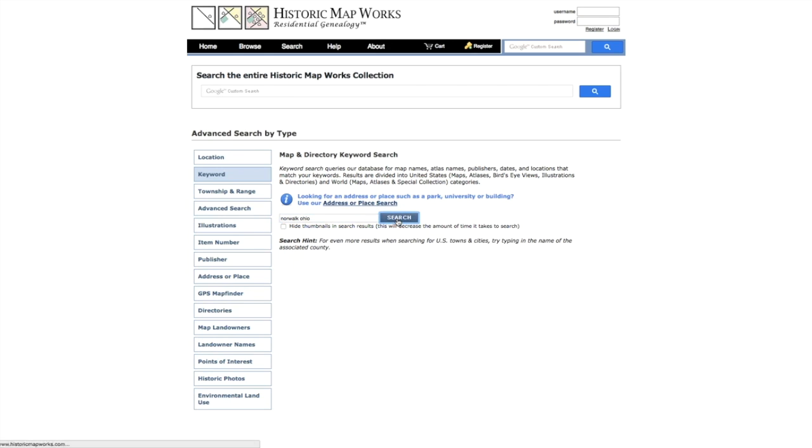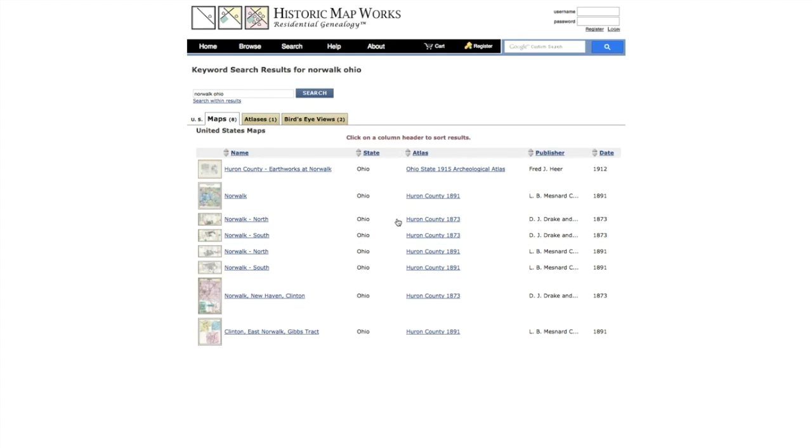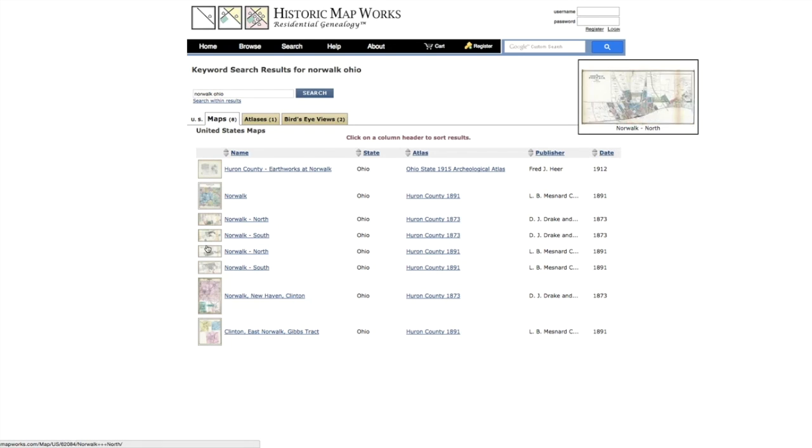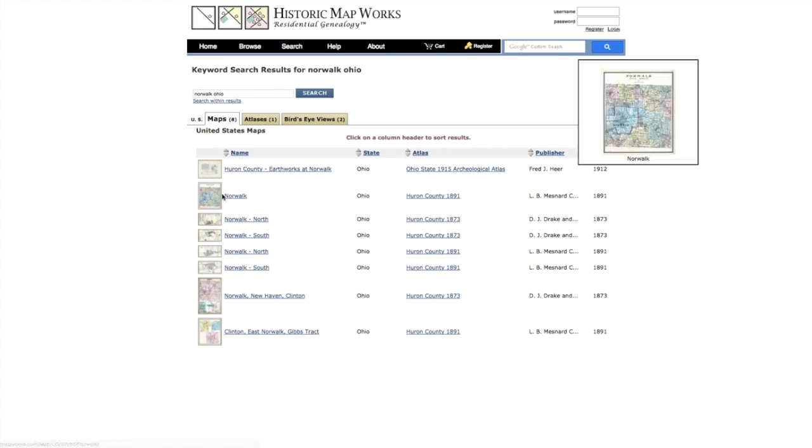And you'll notice that a bunch of maps have populated. I have one from 1873, 1891. I'm going to use, and you're going to have to look at this because it doesn't work for every map, a map that covers a good amount of area. These smaller maps here, they don't actually work in the overlays that I'm going to try to show you. So you can go ahead and click on the map,